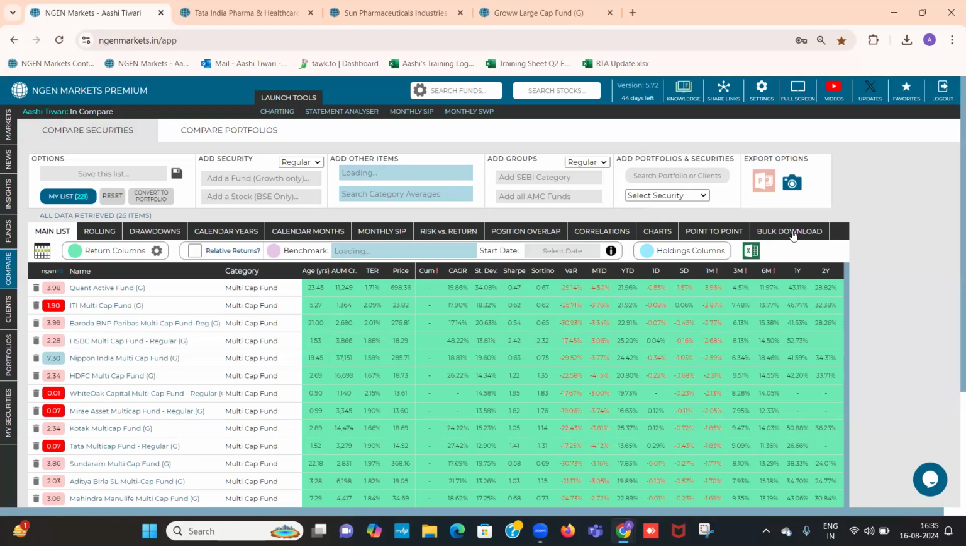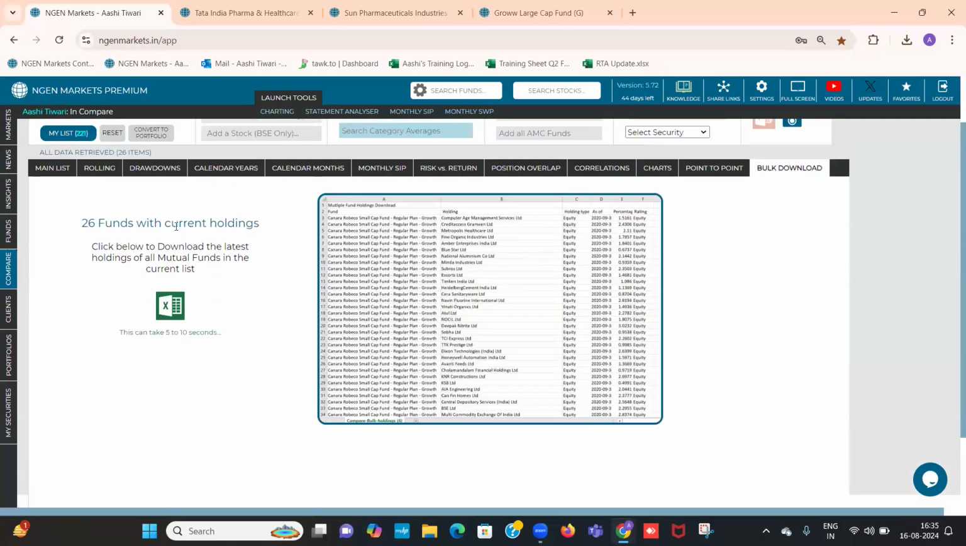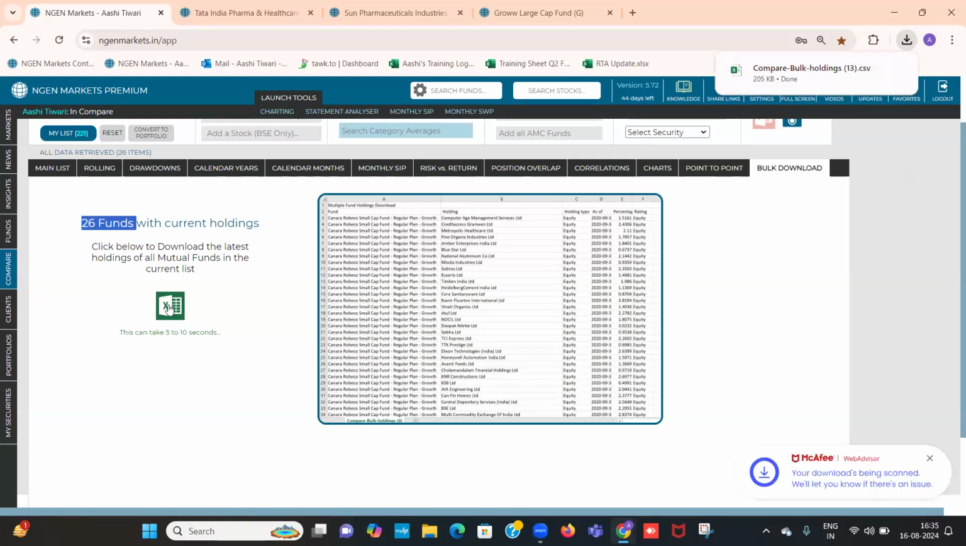Now, once you click on bulk download, here you can download all the current holdings of all the funds that are on the main list. So as of now, there are 26 funds in the main list. You just click on this Excel icon, which is right here. And within 5 to 10 seconds, this Excel will get generated. So once this gets generated,